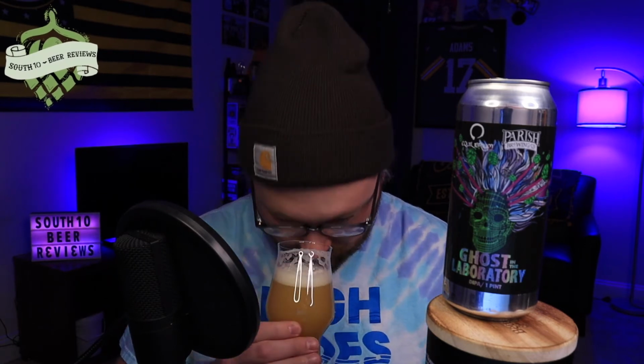So it just smells like freaking Citra, like hop pellets. I know I've brought it up before, but I've homebrewed, and when you open up a bag of pellet hops, it's the most heavenly, just purest hop aroma that you can imagine. I know if you get into some of the other stuff, the Incognitos, the lupulin powder, all that, it's definitely a little bit stronger in the aroma. But this is just,